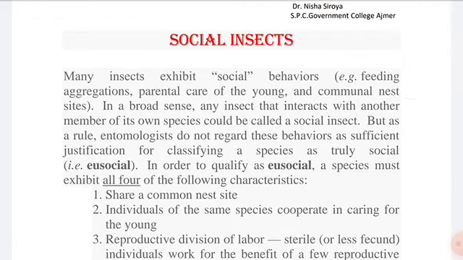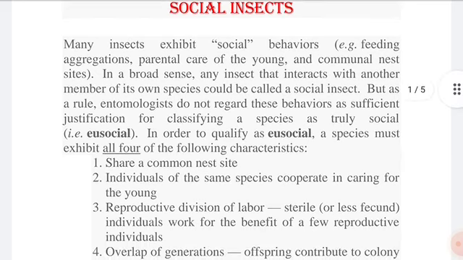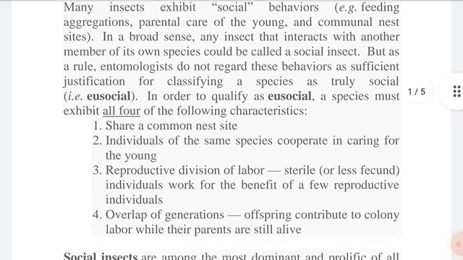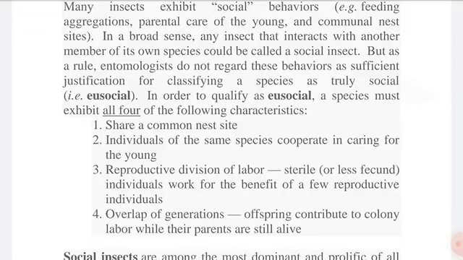In a broad sense, any insect that interacts with another member of its own species could be called a social insect. But as a rule, entomologists do not regard these behaviors as sufficient justification for classifying a species as truly social. This is also called eusocial. So, in order to qualify as eusocial, a species must exhibit all four of the following characteristics. So, here are these four characteristics